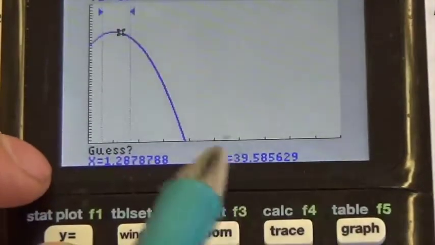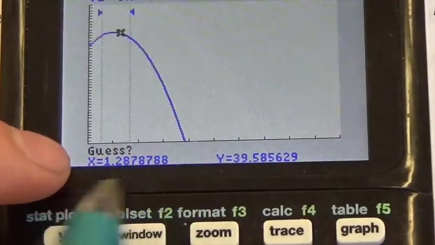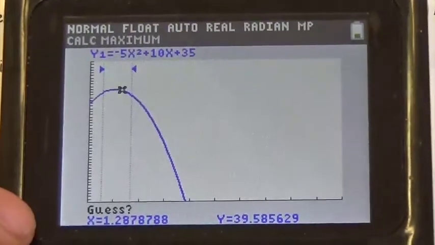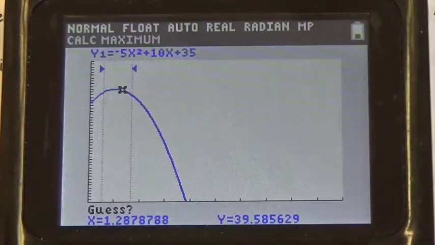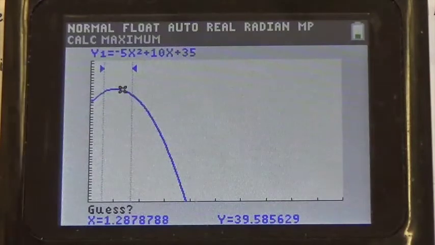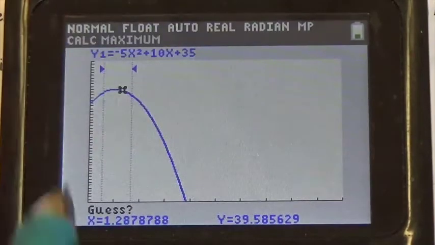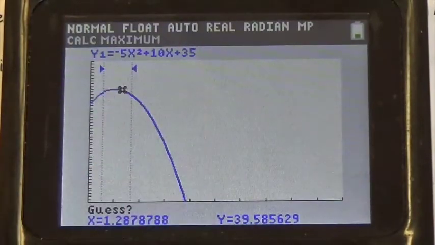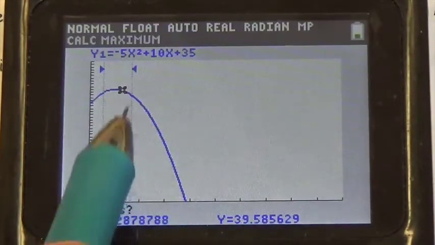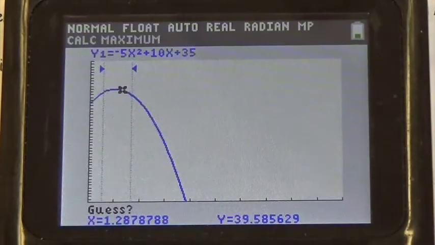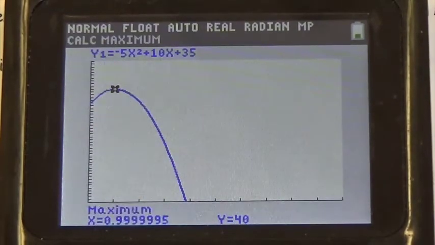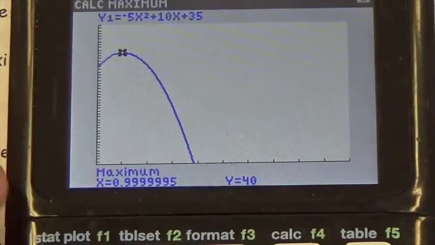Now the calculator is asking for a guess. It's asking if it can use this as a guess here. Don't worry about that. Just press enter to get past it. All the calculator really needs here is an initial starting value, and it uses this guess value to quite literally zero in, kind of spiral in on the correct answer. It's basically just taking the position of the cursor wherever it is right now. So just press enter. You can see it think for a little bit, and then we get this